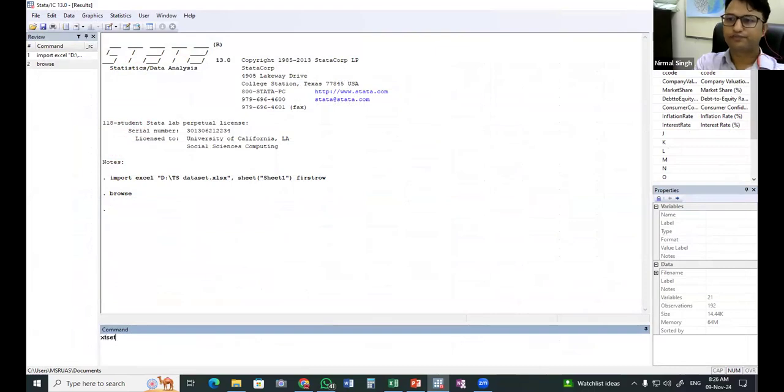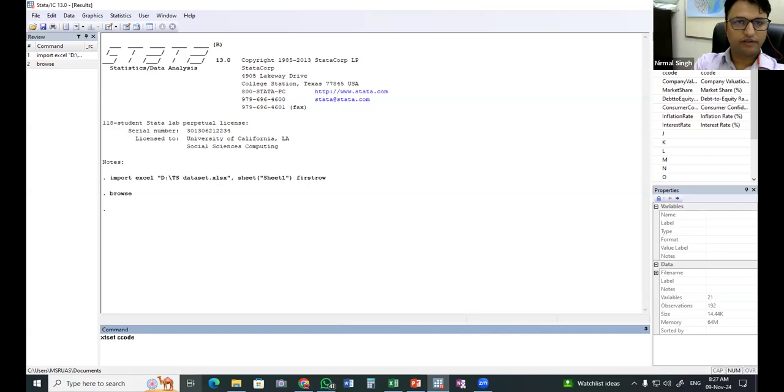X stands for different companies, T stands for different times. As we know, panel data includes different cross sections at different times. So the command is xtset, and the x is identified by C code, which I have given as different codes so that it can identify different companies.